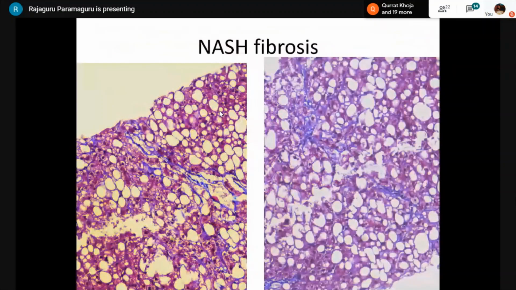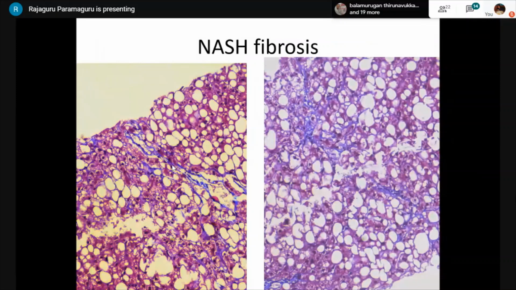And going on to the special types of fibrosis which happen in the liver. First, we'll start with the NASH fibrosis. I think I'll be answering the question which was asked in the previous session. So initially, I'll start with the fibrosis in NASH. What happens in NASH? It can be a perivenular fibrosis, which is the most common type, but it can also be periportal. So in stage 1C of the NASH scoring, you can have a periportal fibrosis also, but usually it will be perivenular fibrosis.